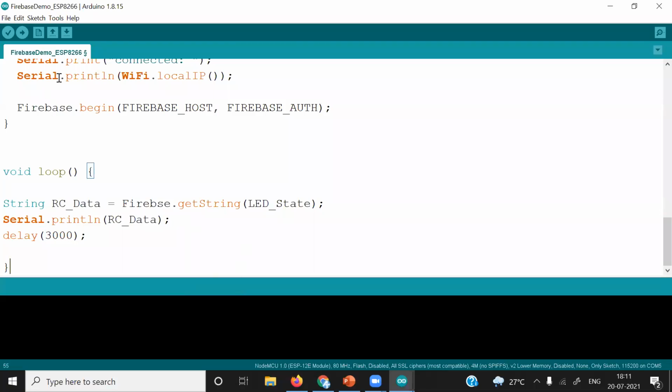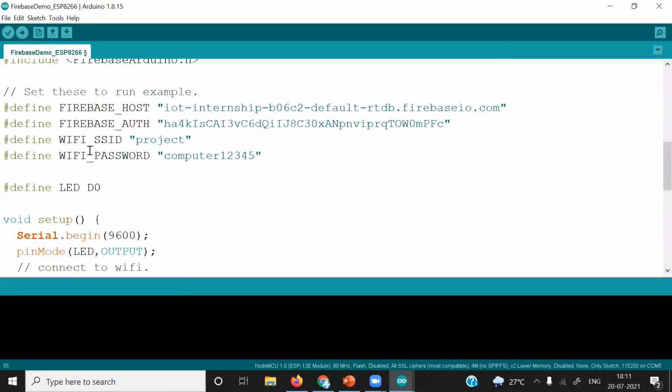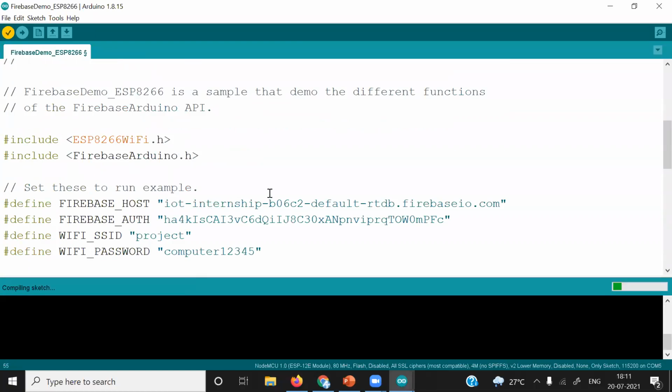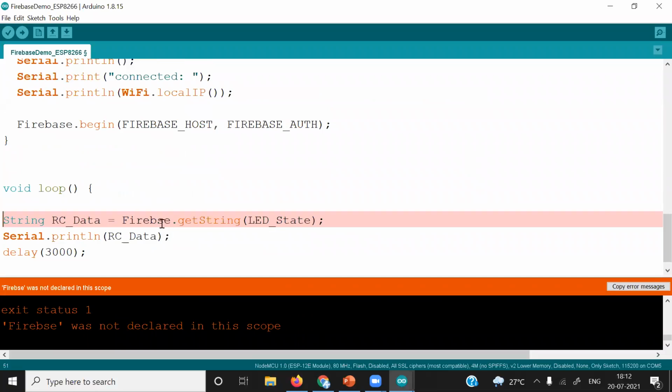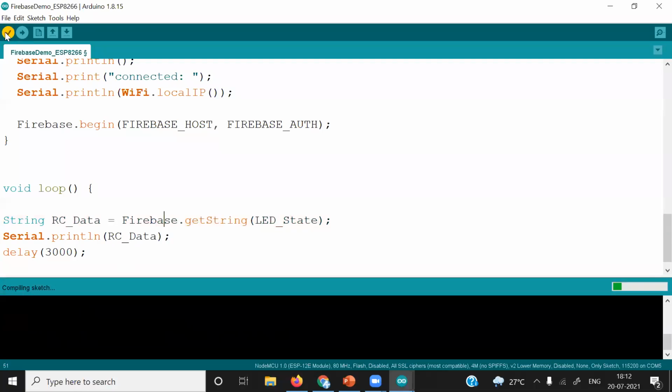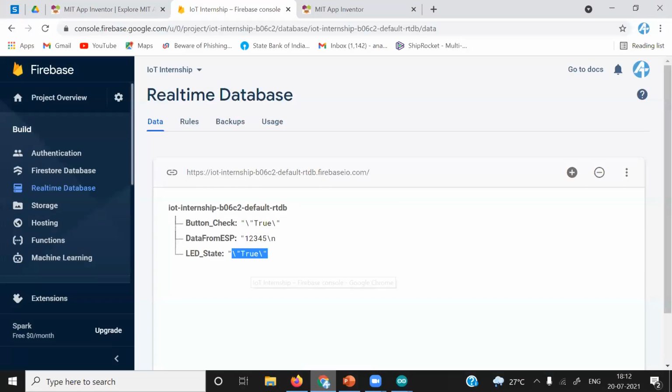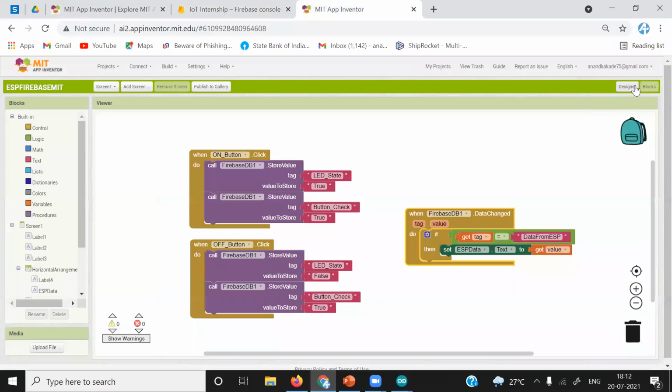Okay, fantastic. We have initialized it. Everything is perfect. First, I will compile it, and then I will connect the ESP8266. It is Firebase, sorry. I forgot to give the 'a'. Okay, misspelled. I'll compile it again. While it is compiling, we will connect our application with my smartphone.